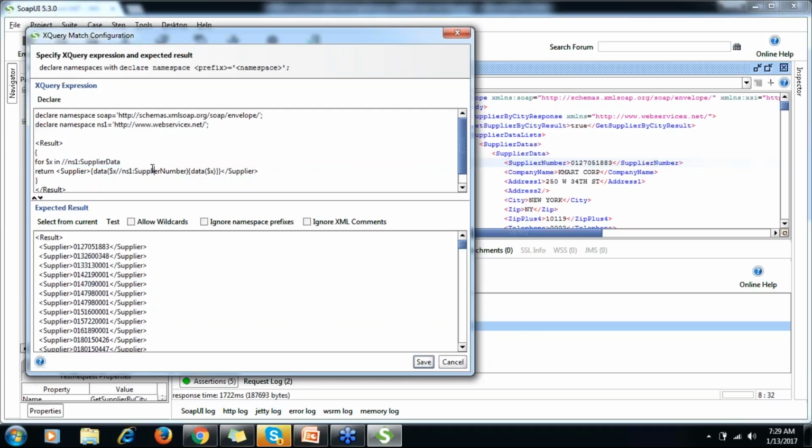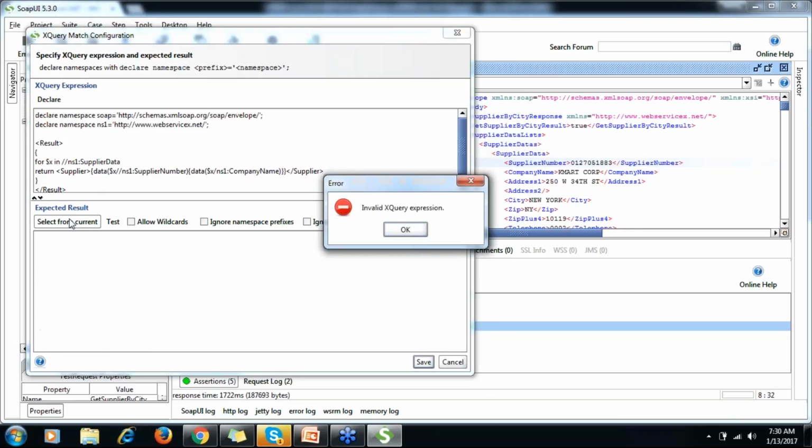Inside that we use this supplier number, and then let me try to write, should I use single quote? Let me see. Company name. Okay, let me select from current.